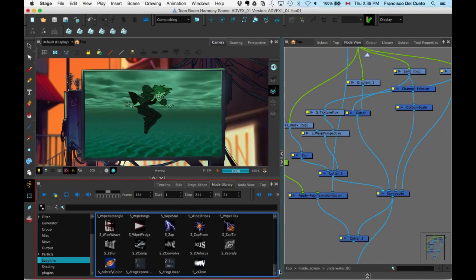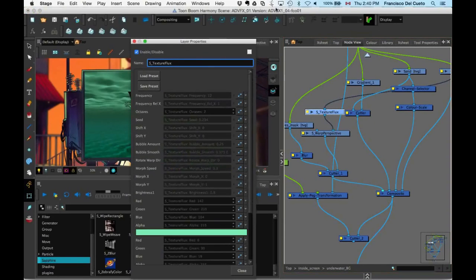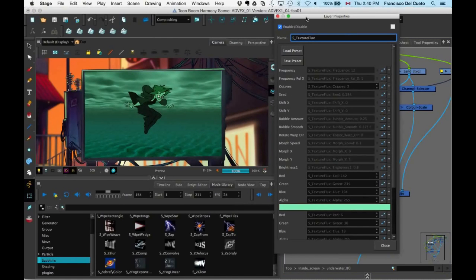You can just use those effects, and if you have, for example, a Nuke installed into the system, automatically Harmony will load those effects, and you can access them directly here. And one of the effects that we're using for that one is a texture flux. Let's try to do some modifications to that effect. All of these are the parameters for that effect that are coming from the Sapphire, but we can use as well